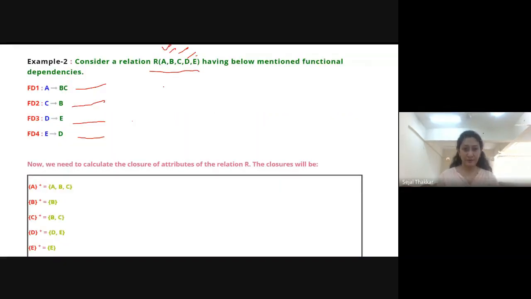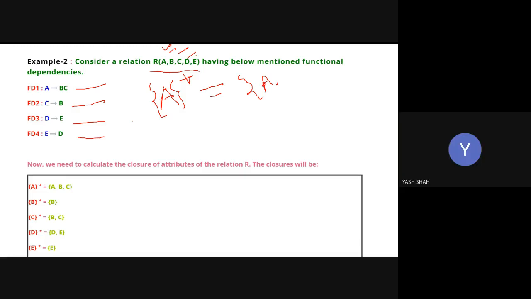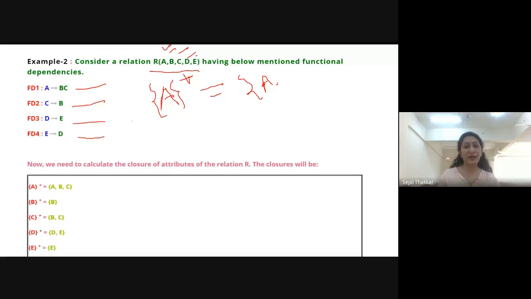As per the rule of dependencies given to us, we first write down the closure of A, which we want to find out. Closure of A is equal to what? You have to answer me. Tell me what is the closure of A. Don't see the answer, just tell me. From A, what am I getting? B and C. A itself will come, right? The attribute which is given on the left hand side itself will come. So A itself will come. Second, the dependency A to BC is given, so from this we are getting B and C.